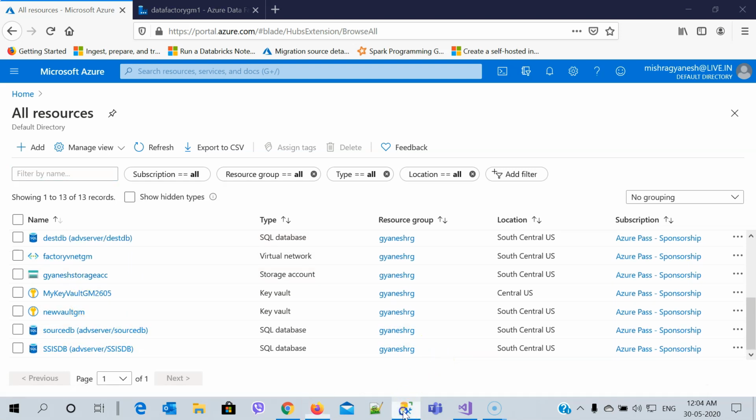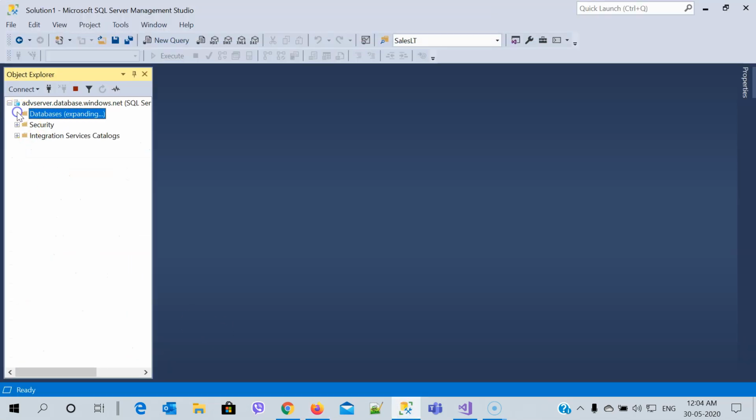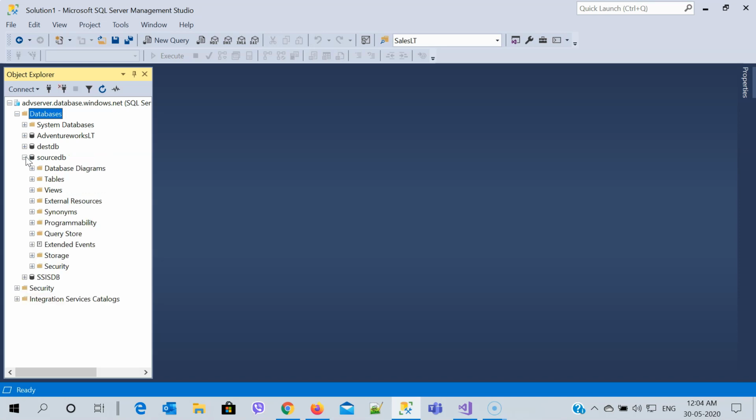If I show you the data inside that, within my database, if I expand the source database, I have a table with the name EMP SRC, that is employee source.